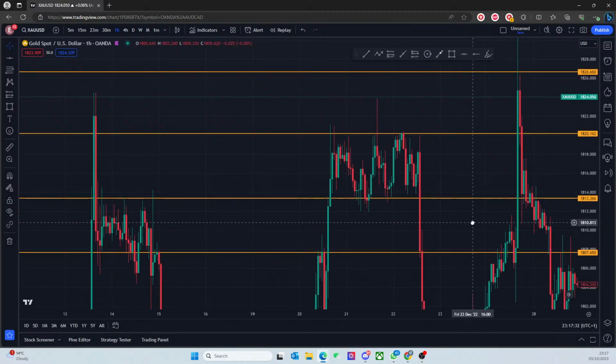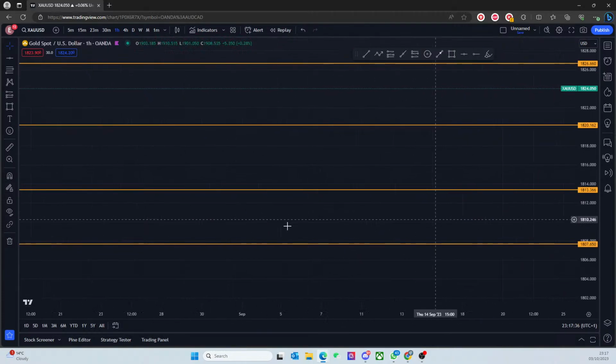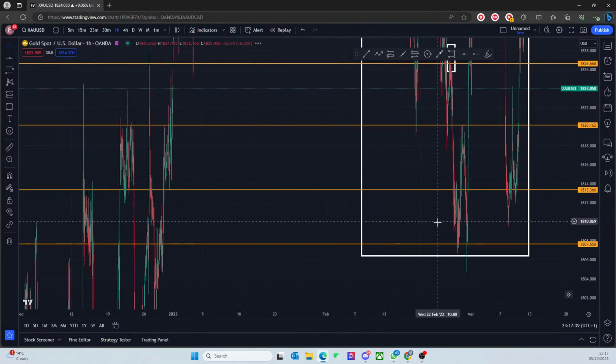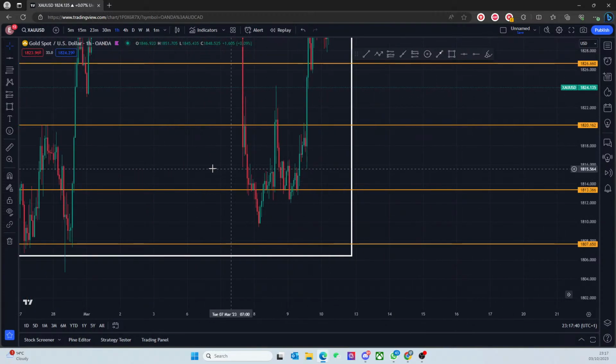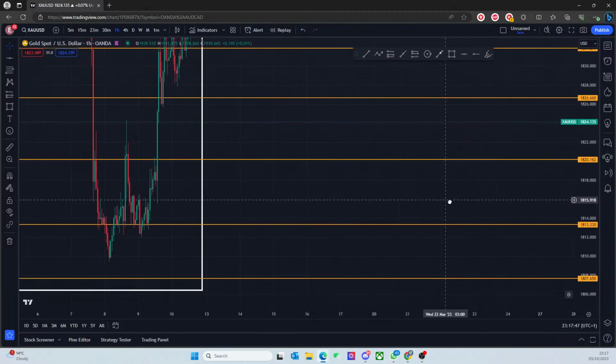It's okay, I'm gonna put it here. I'm gonna put it here at 1813. Understanding that this is the hourly, so there will be smaller ranges in between. I might have to adjust it ever so slightly. So cool, since you're in a range between